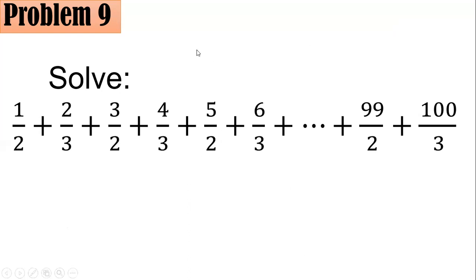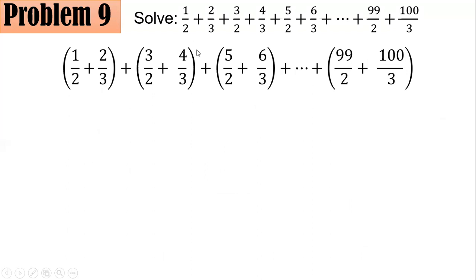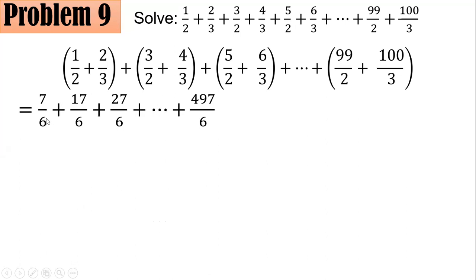Now, this time I will present to you this type of solution. What I did was, starting from left to right, I grouped them by 2. So 1/2 plus 2/3, I grouped them. The third and fourth were also grouped, the fifth and sixth were also grouped, and so on. And I took the sum of the fractions per group. So 1/2 plus 2/3 here adds up to 7/6. The 3/2 plus 4/3 add up to 17/6. The 5/2 plus 6/3 add up to 27/6, and so on until